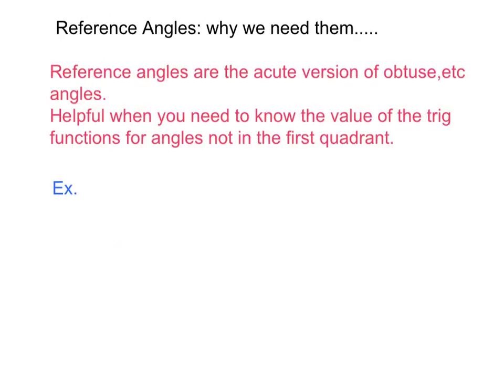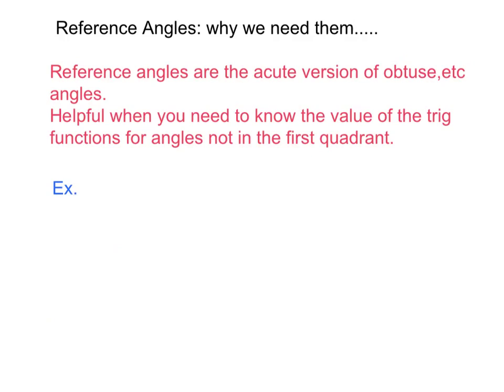Okay, reference angles. Why do we need them? Well, reference angles are the acute version of the obtuse angles, or bigger angles, like we said before. And it's helpful when you need to know the value of a trig function for angles not in the first quadrant. Because basically you use the reference angle to find the value, and then you change the sign according to